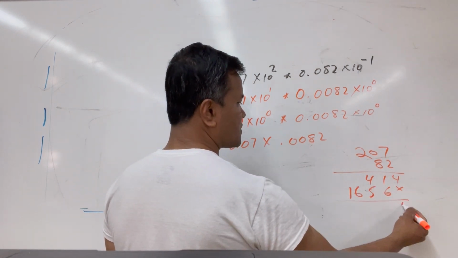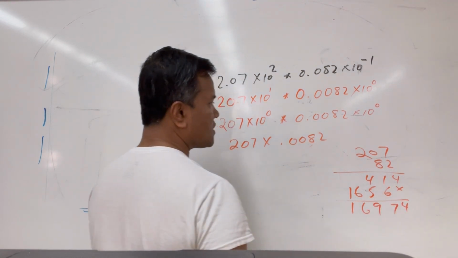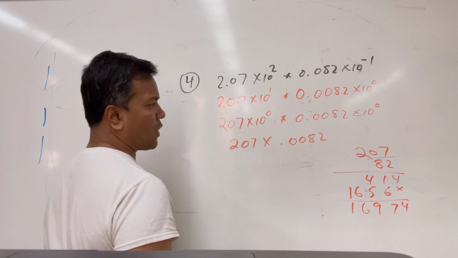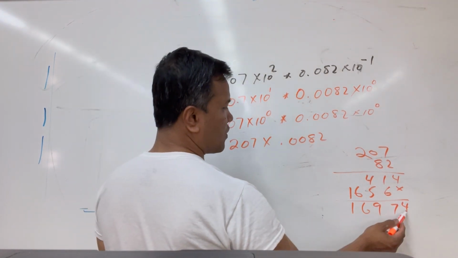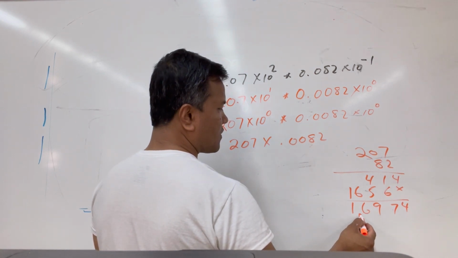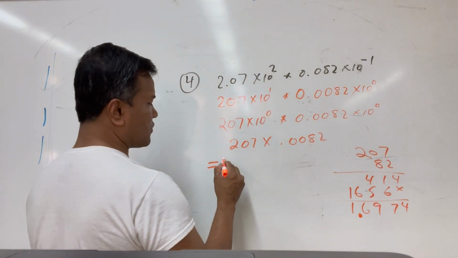All right, so it is 47916. So how many decimals? All right, so I have 1, 2, 3, 4 decimals. So 1, 2, 3, 4 decimal places to the left. So the answer to this one is, the calculator will give you